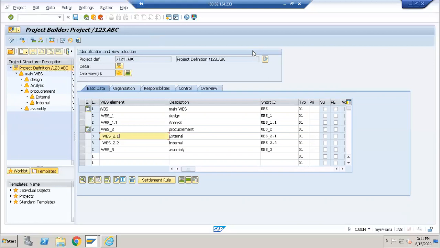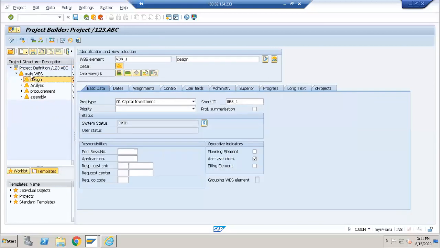Yes, sir. Okay. On the main WBS element, whatever data we have is basically copied from the project. How the data is copied from project to the WBS element is through the project profile. Under the project profile, we have assigned some data which has to be specific for the entire project, or maybe I can say which should be common for the entire project. That data is copied from your project profile to your project information. From there, it will be copied to the main WBS element and to subsequent WBS elements.